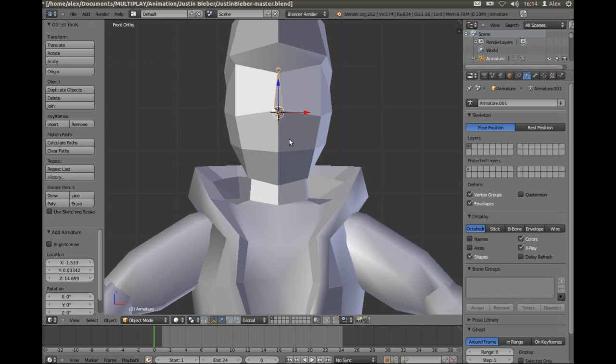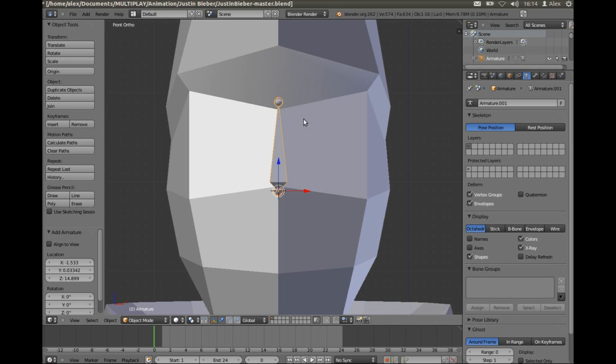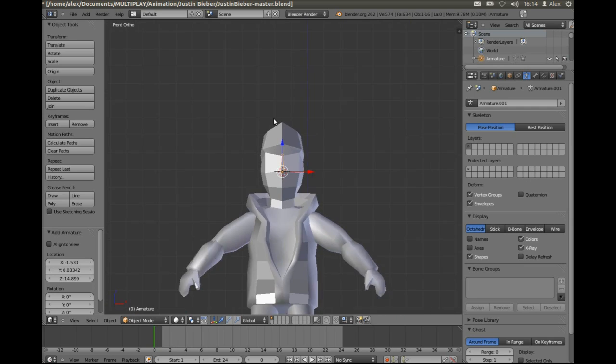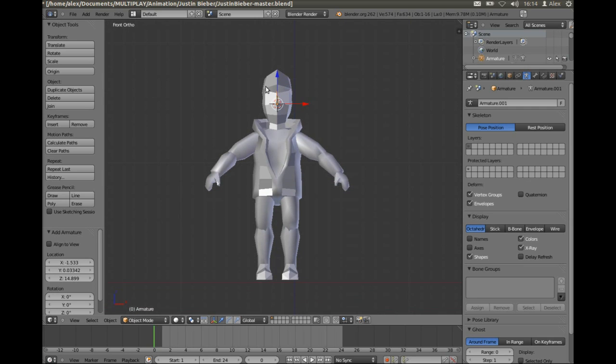What I want to do is start off by moving this bone to the bottom of the body over here. So I move my cursor over to the blue arrow, left click on the mouse, keep my finger down, and drag the bone directly downwards. Now I want to edit this bone, so I need to go into edit mode,